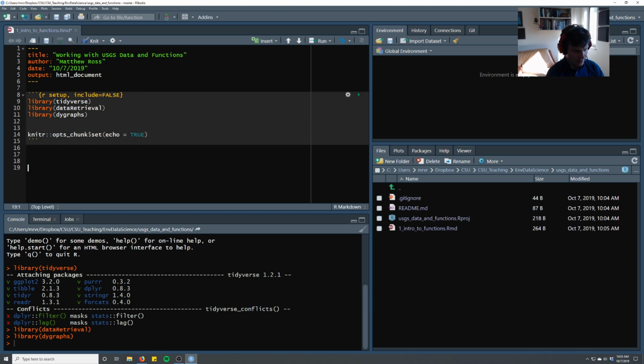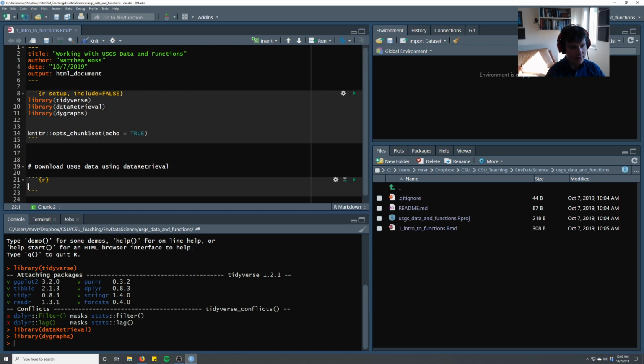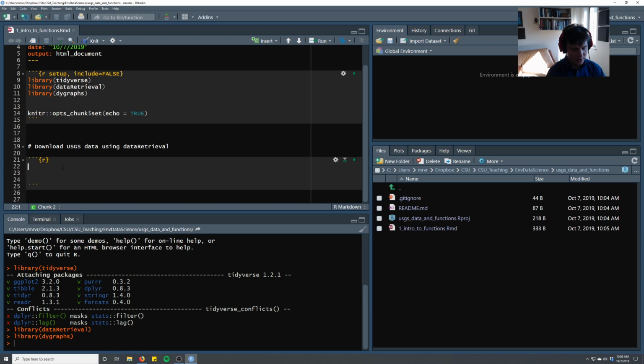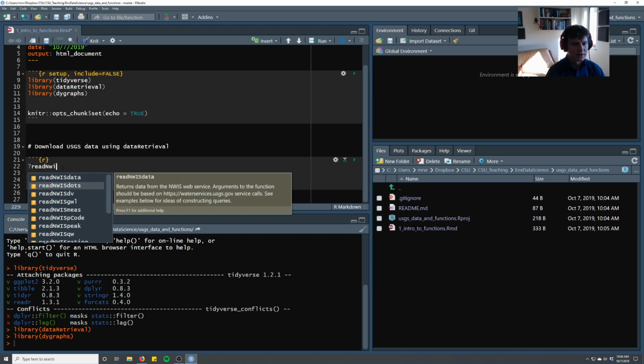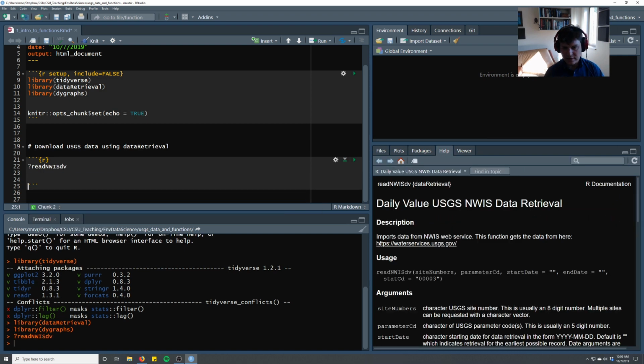So the first thing we want to do is download USGS data using dataRetrieval. dataRetrieval is a package written by the USGS, and it's meant to access both USGS data and the Water Quality Portal. Today we're going to focus on data from the USGS. So we'll go ahead and get data from the Poudre River. And I forget, NWIS. So we're going to use the readNWISdv, daily value,